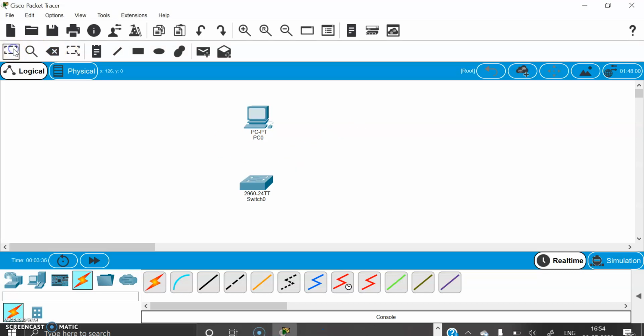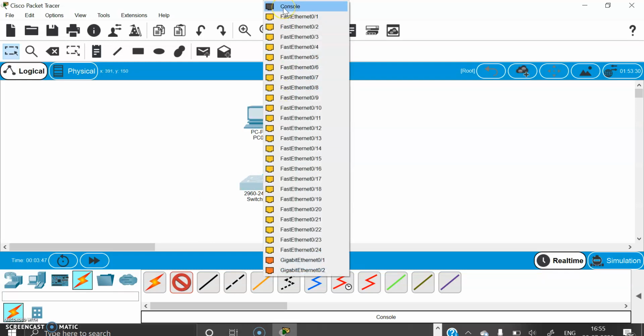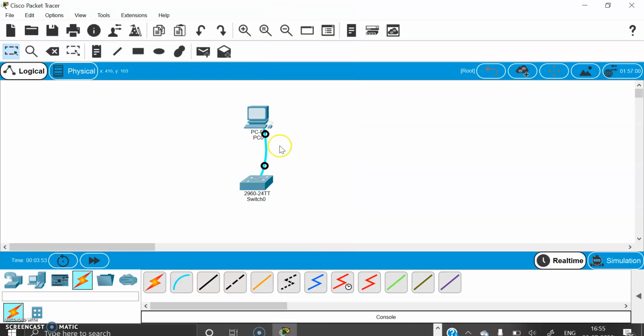For that, I'm taking the console connection. Okay, the connection is done.